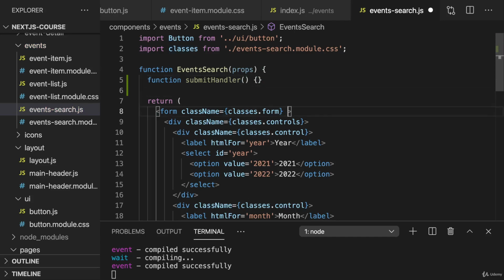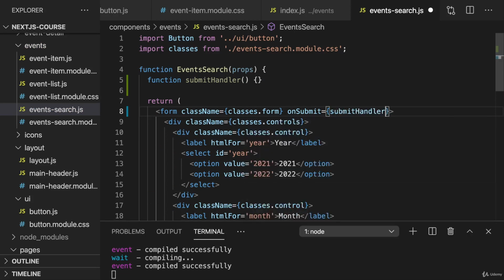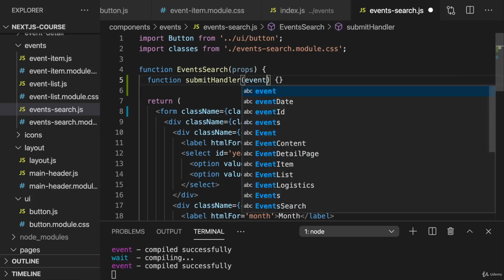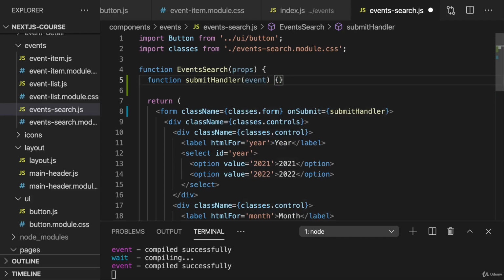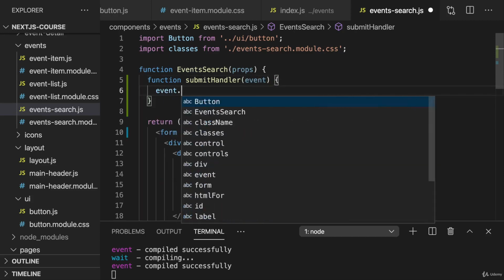So on the form element, we can add the onSubmit prop and point at submitHandler like this. Don't execute it, just point at it, so that submitHandler is executed by React when the form is submitted. Now, as you know, for example from my React course, we automatically get an event object here, because we're listening to a default DOM event. And here we should call